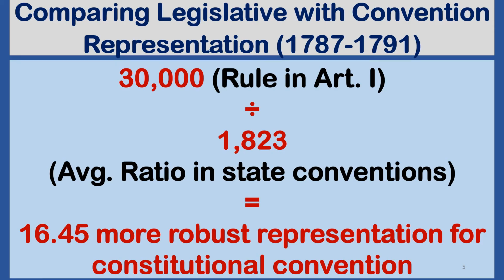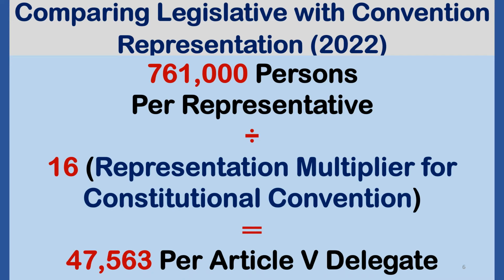Taking the rule of representation in Article 1, 30,000, dividing that by 1,823, we see that the men who wrote and approved the U.S. Constitution and the citizens who were able to vote at that time considered that when you go to a convention dealing with constitutional amendments, you need 16 times more representatives per the population for it to be appropriate. We call that